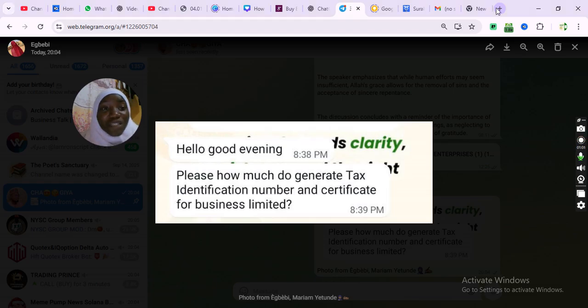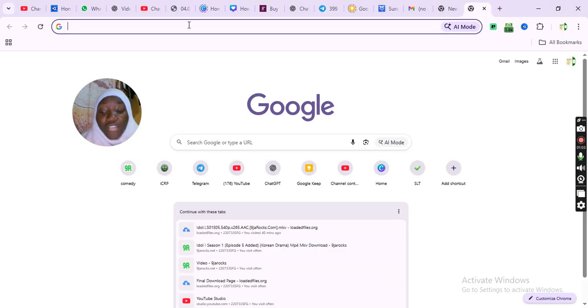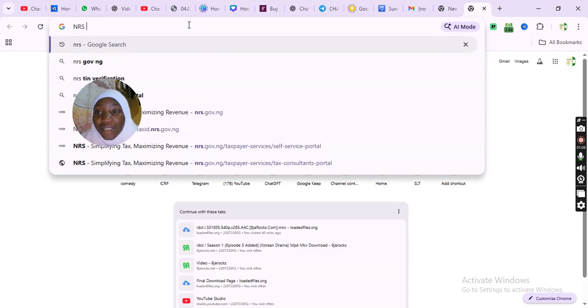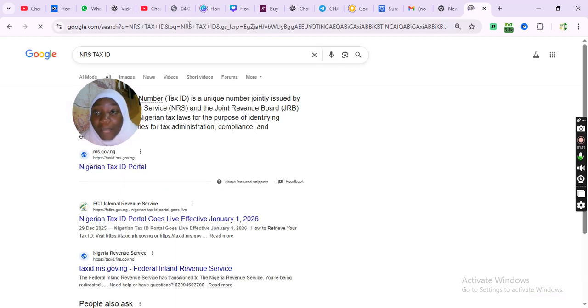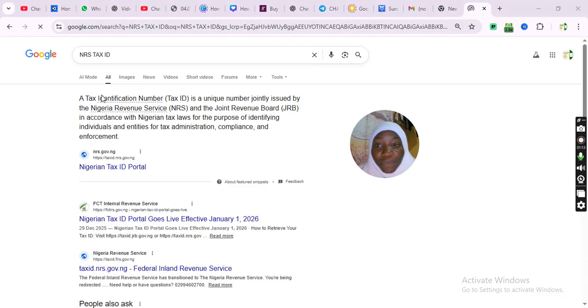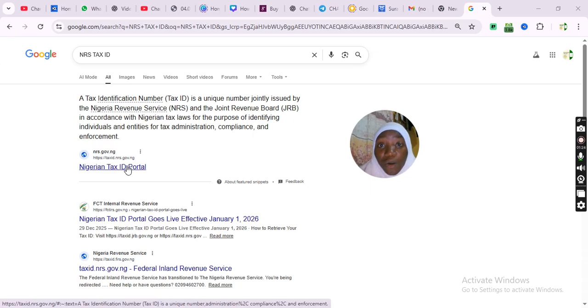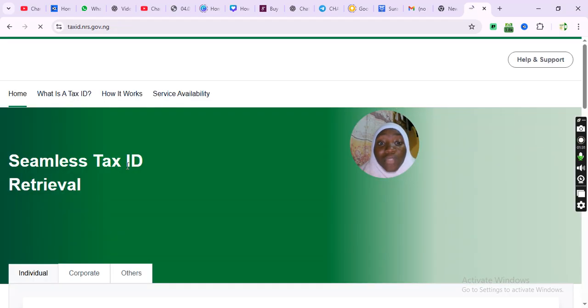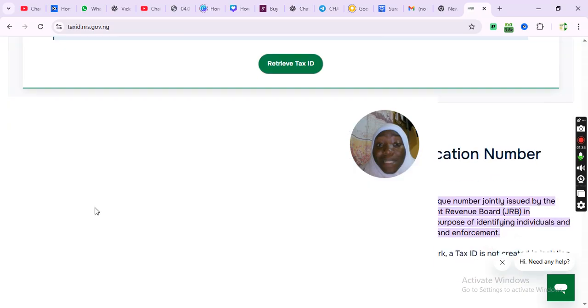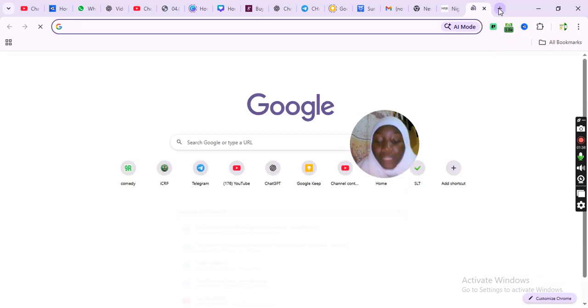So you just come to this dashboard. Let's say this is a new dashboard. You can type the NRS tax ID, enter. You see the first link here. That's why we have AI mode. We also have the home mode. If you use the AI mode, you get the direct link of the website directly. So just click on this Nigerian tax ID portal. It will redirect you to the place itself. Or if you find yourself in the NRS portal,